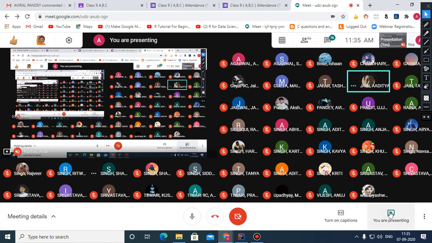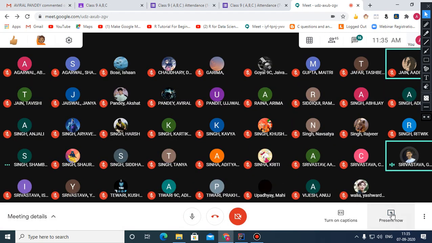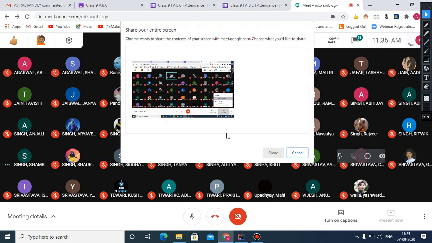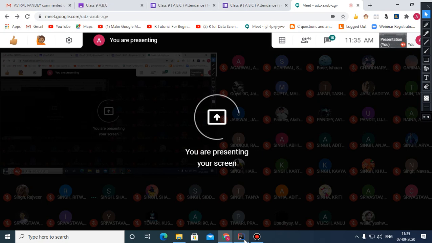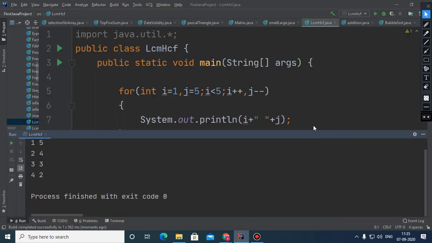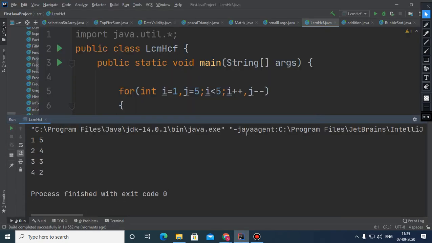I have shared a screen, I am sharing it again. Okay, see. Children, the initial value of i is 1, the initial value of j is 5, and the loop will continue till the given condition is true. That condition tells us that whenever the value of i reaches 5 or becomes more than 5, it will terminate.